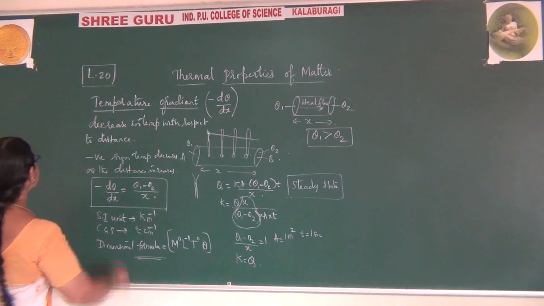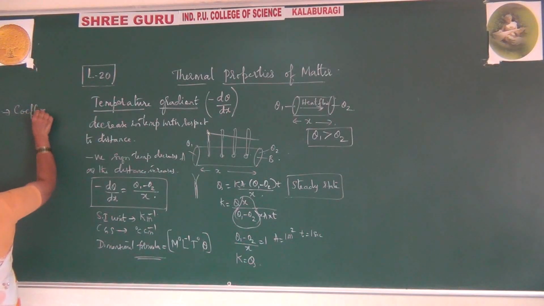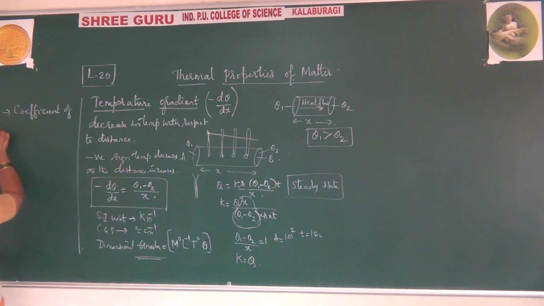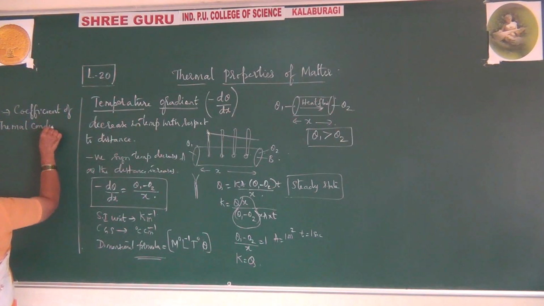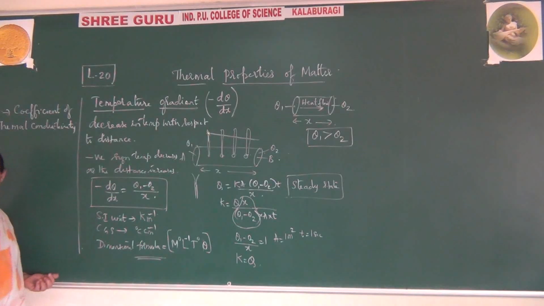So let me write the expression for K, where K is called the coefficient of thermal conductivity. Let me define this using these 3 factors. One is steady state, one is temperature gradient. We are explaining this. So the coefficient of thermal conductivity can be defined